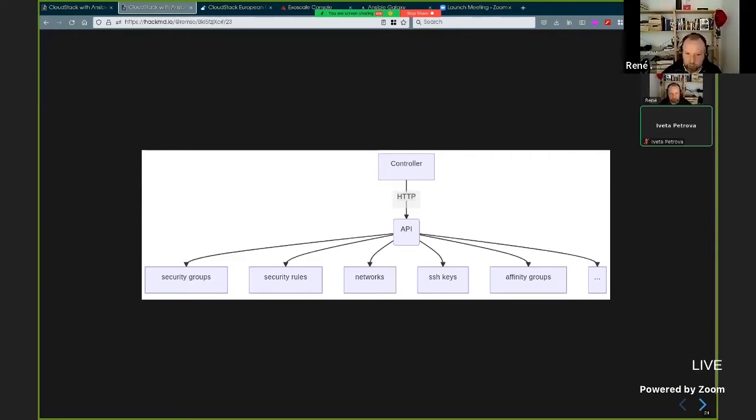So it's not a script or something, it's like stateful. But Ansible does not store the state. It always asks the remote for the current state. So it does not have a database or something.